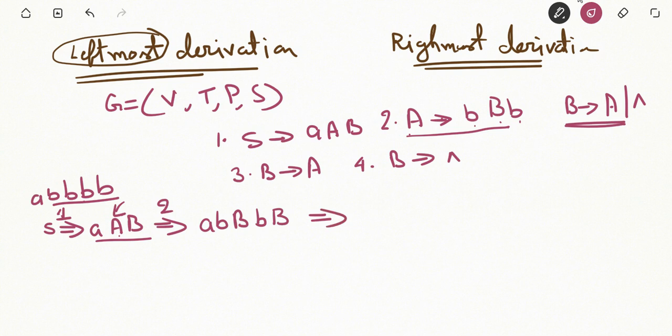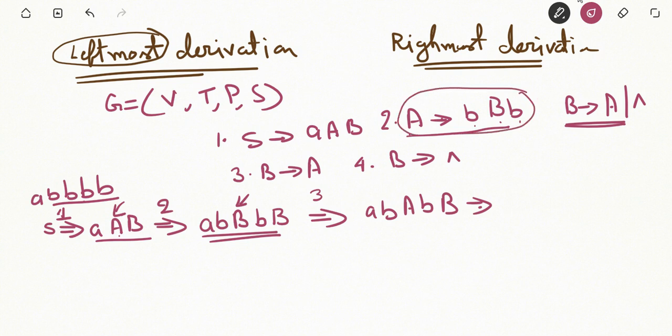Now in this sentential form, this variable B is the leftmost variable. So we are going to replace this. How are we going to replace it? Just by substituting it using production rule 3, so aBBAB. Now again we are going to use what? We are going to use the production rule of A, because this one is the leftmost variable.